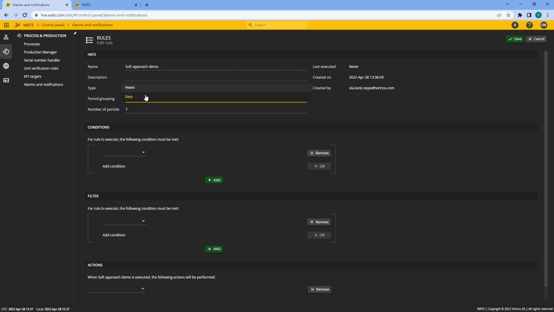So if you go ahead and make alarms that are based on 1 hour and you have a low volume